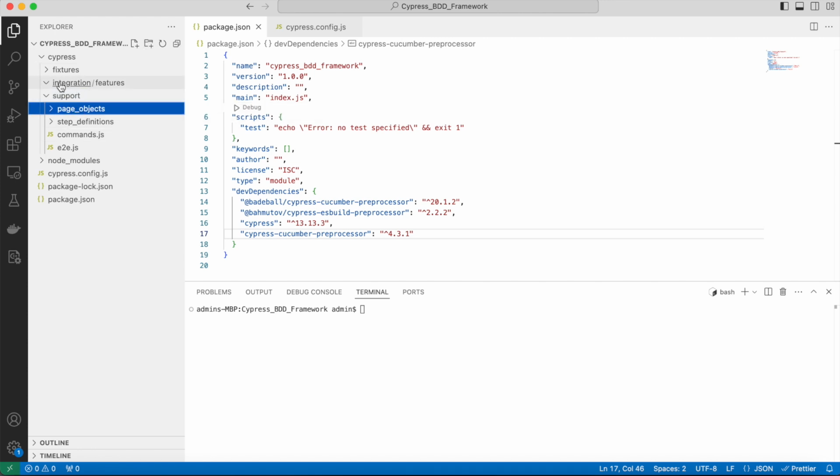So inside the integration folder we have features. Inside the support folder we have page objects and step definitions. Till here clear? Yeah. So now